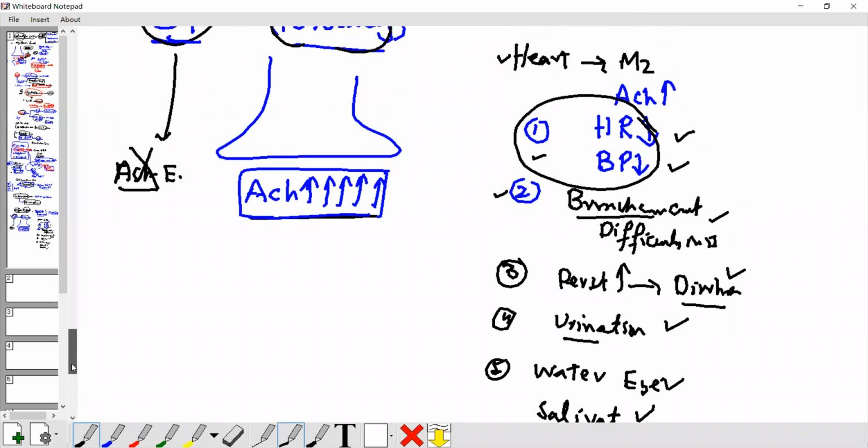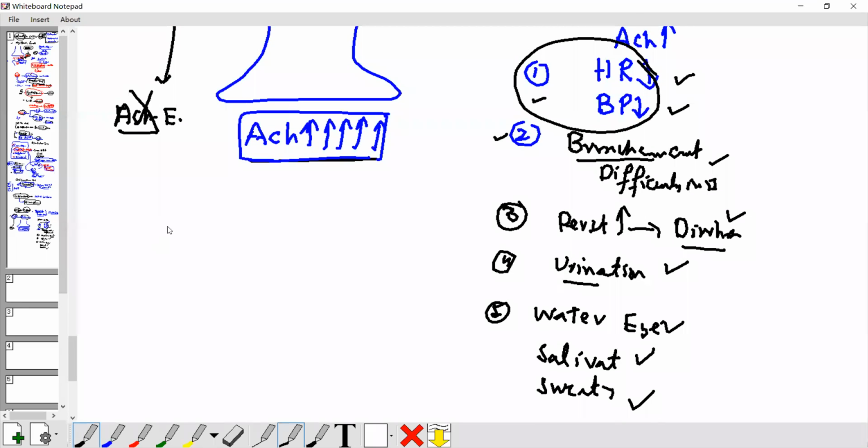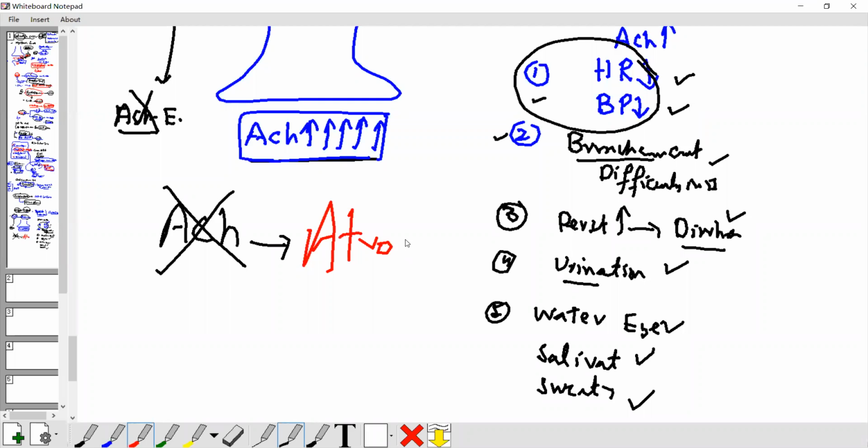So if you want to save the life of the patient, you need to block this, because there is a very high level of acetylcholine now. What happens with the muscle? The muscle is under cholinergic crisis, and there is also muscle weakness, because of the very high level of acetylcholine in the whole body. You need to block this acetylcholine. Later we learn about antagonists. In an emergency situation we use atropine. Later we learn this drug in the next topic. Atropine is a cholinergic antagonist.